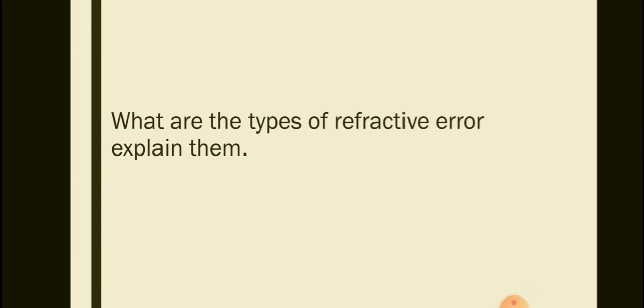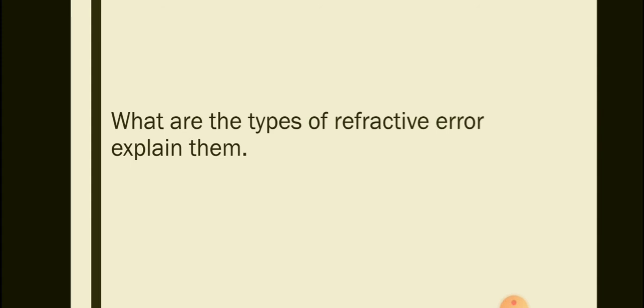In myopia, the parallel light rays coming from infinity get focused in front of the retina instead of on the retina, which is due to an elongated axial length of the eyeball, or if the corneal curvature gets steeper. It leads to myopia, which is also known as nearsightedness. Now let's move to hypermetropia. Hypermetropia means the parallel light rays coming from infinity get focused behind the retina instead of on the retina, which is due to shortening of the axial length, or if the corneal curvature gets flatter, it leads to hypermetropia. And now let's move to astigmatism.